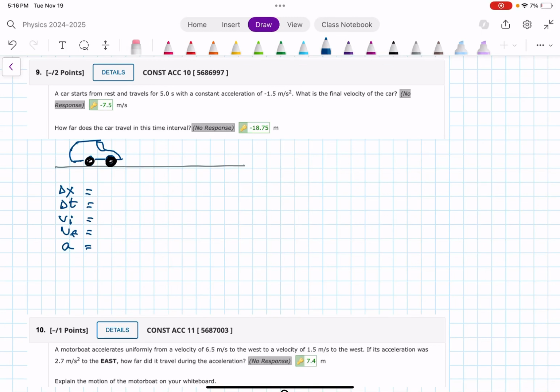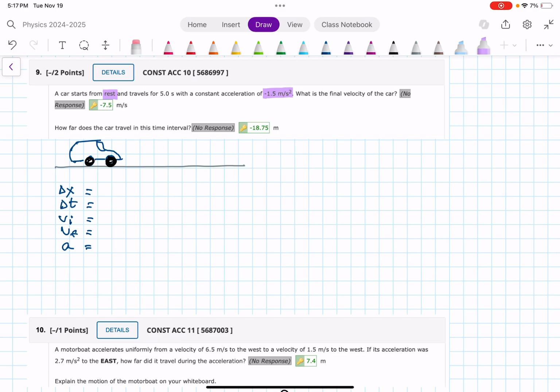This is an interesting question because of the negative signs. Okay, so I want you to think about this for a second. The car starts from rest. It starts from rest and it travels for 5 seconds with a constant acceleration of negative 1.5 meters per second. So if it starts from rest and it changes its velocity by negative 1.5 meters per second every second, it's